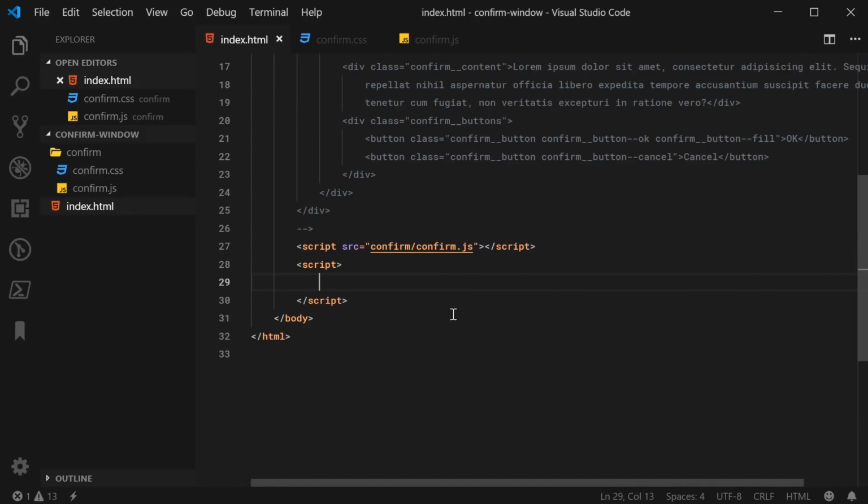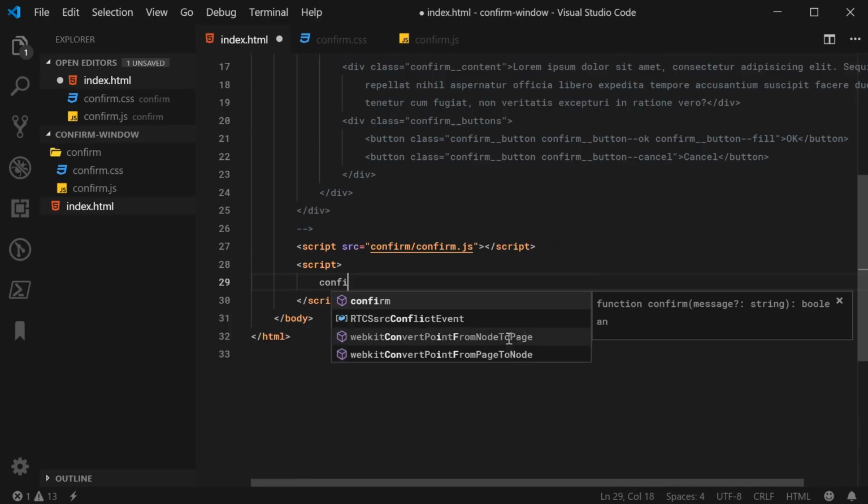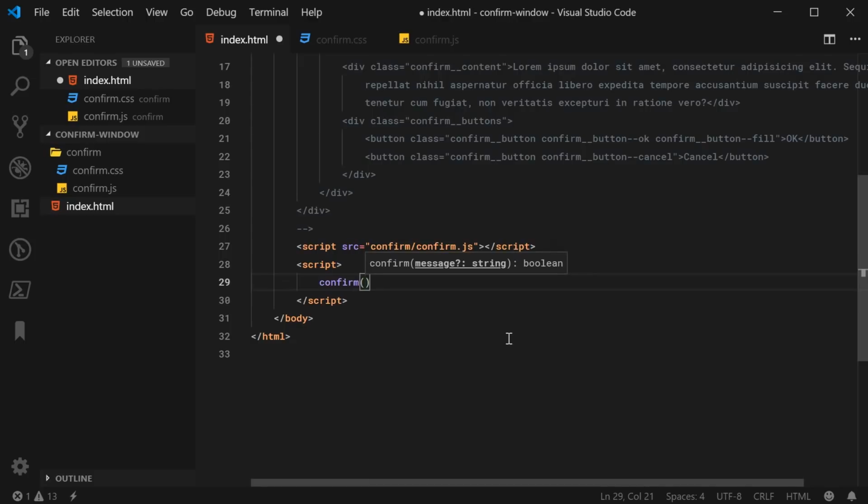So the current confirm window by default in all the browsers looks like this. You just say confirm, you take in your message, and it returns true or false depending on if they press OK or cancel. So for this particular custom confirm window, it's going to work a bit differently. It's going to work like this. We're going to say